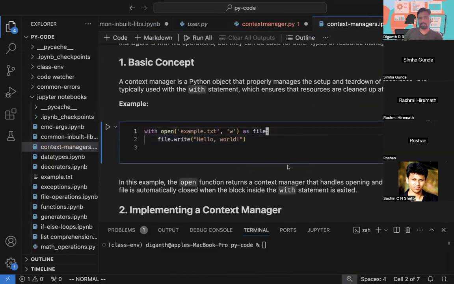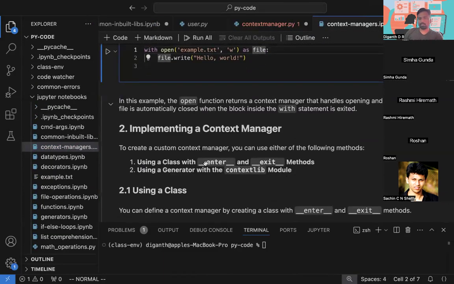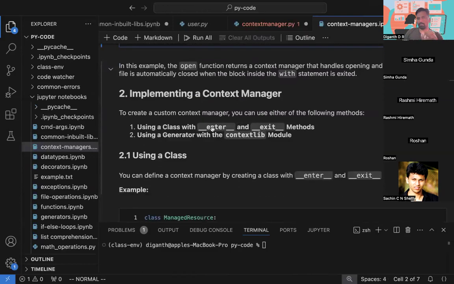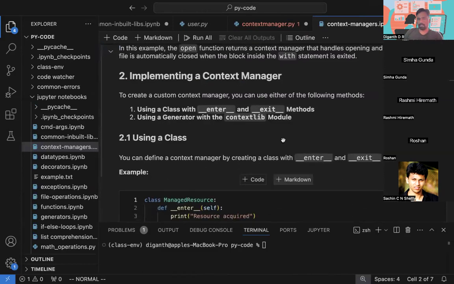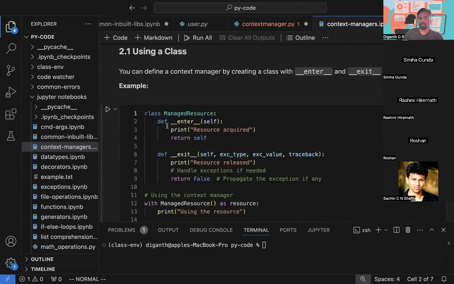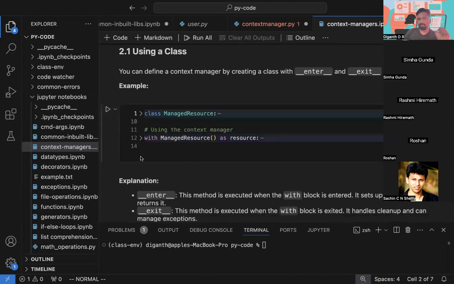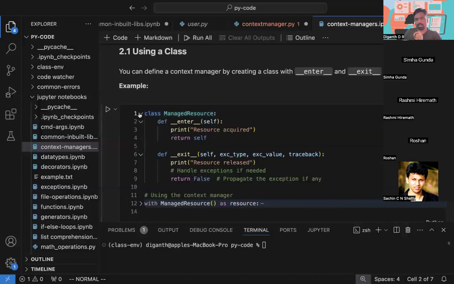I'll show you the syntax. So these are the two functions which help us to implement context managers, enter and exit. As I was telling you the other day, do not directly jump into the code. You'll get sort of repelled by the logic, because it takes some willpower to go through the logic. But to fight this, the trick is do not get into the code directly. Read the headlines, and then